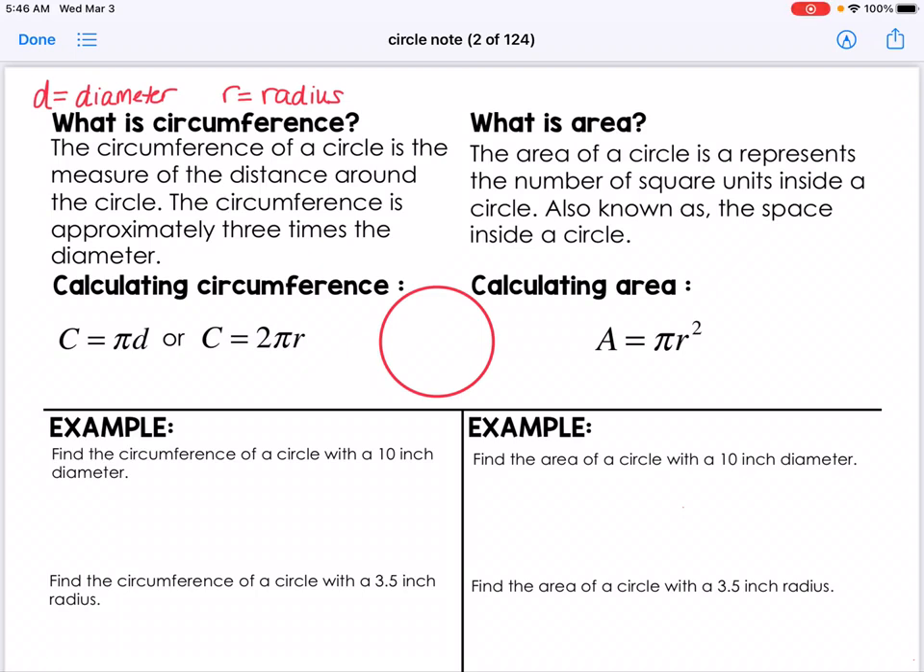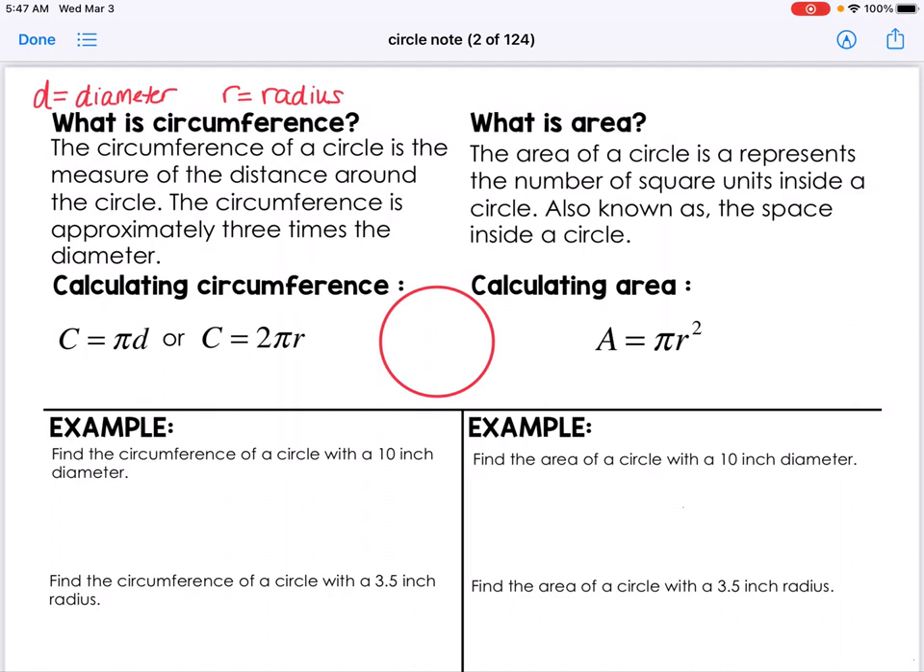We are going to be working with finding the circumference and the area of circles. So the circumference is the distance around the circle, and then area is the amount of space that the circle takes up. So the area inside the circle in square units. So in order to find the circumference or area, you need to at least know the diameter or the radius